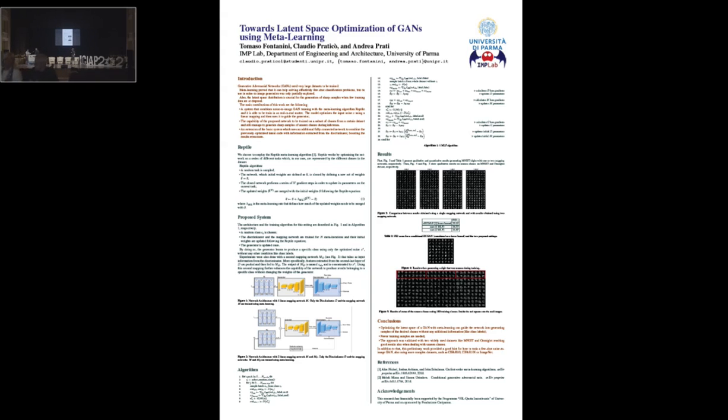Hello, everyone. So the objective with this work was to train a generative adversarial network with limited samples and also be able to produce unseen classes during inference. In order to do so, we combine a meta-learning algorithm, Reptile, with the standard training of a GAN. In addition to the standard architecture of the GAN, we added a mapping network in front of the generator, and then we trained this mapping network in order to optimize the latent space of the GAN. The Reptile algorithm works by training a network on a series of tasks, which in our case are the classes of the dataset, and then optimizing the weights of the network, merging together the weights of the